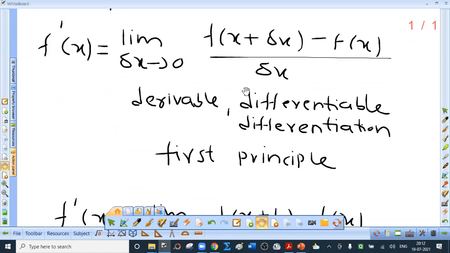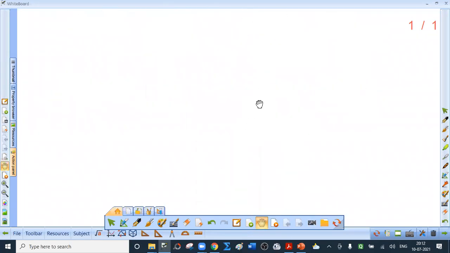Now we are interested in obtaining derivatives of standard functions. Basically, which functions are called standard functions? The 6 trigonometric functions: sine, cos, tan, sec, cosec, cot. Then inverse trigonometric functions. I'm going to explain the concept of inverse function also. Actually, I have already told you about it once, but today I will repeat that. Then x raised to n, log x, a raised to x, e raised to x, all these are standard functions. Now,